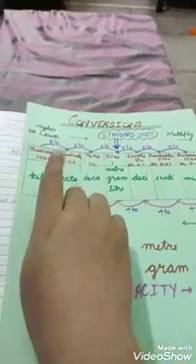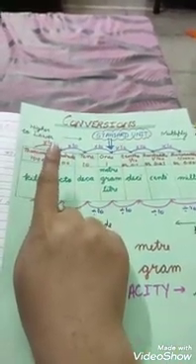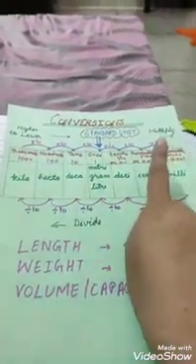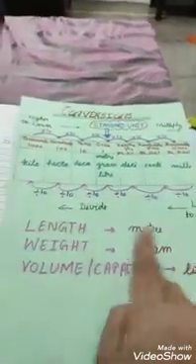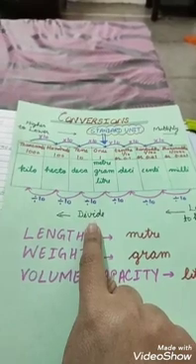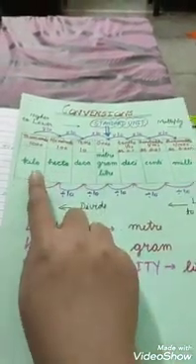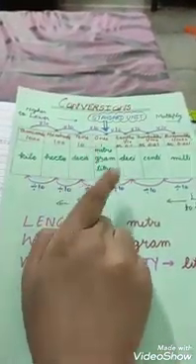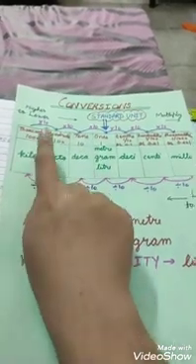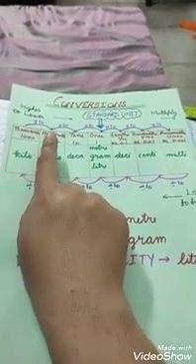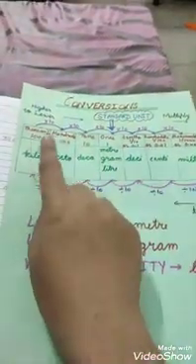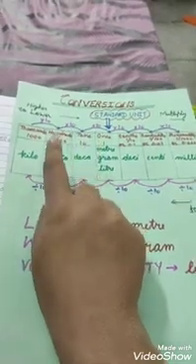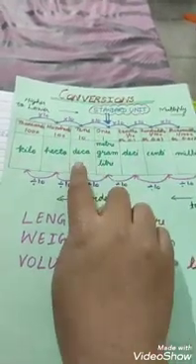The basic rule is, if you want to convert higher unit to lower unit, the operation to be applied is multiplication. And if you want to convert lower unit to higher unit, the operation to be applied is division. For example, if you want to convert kilometer into meter, then how many multiplications are coming in between? 3. So you have to multiply it with 1000 because 3 times 10 is coming. 10 into 10 into 10 will make 1000. So you have to multiply with 1000.